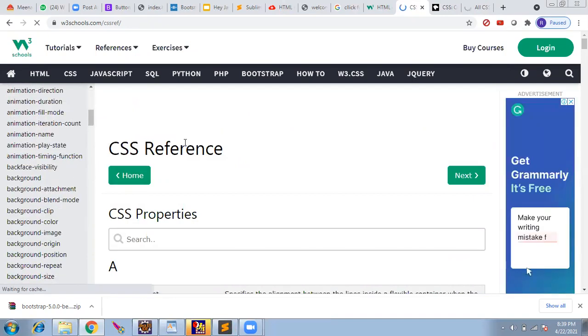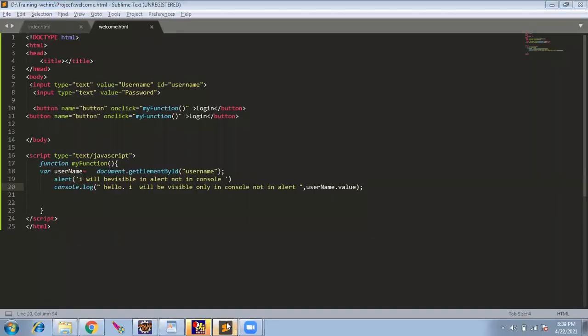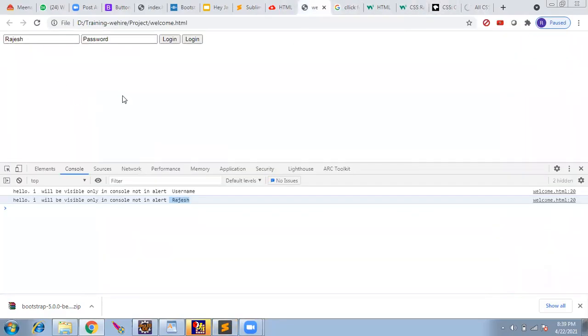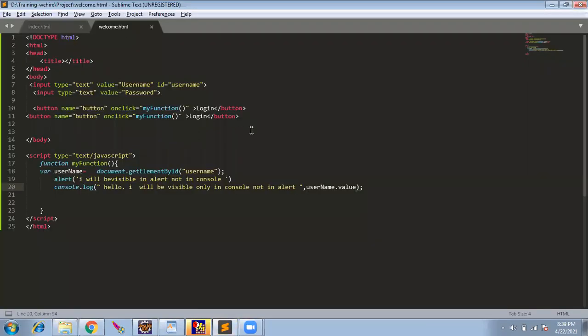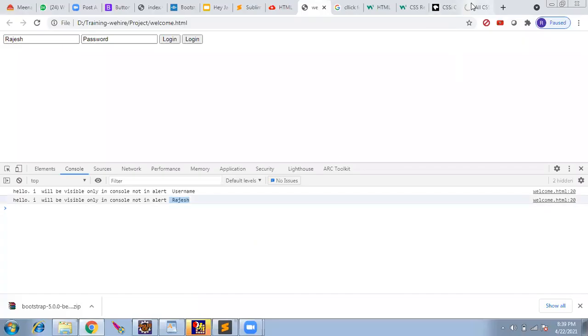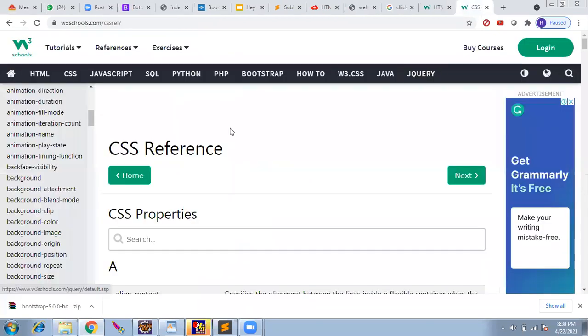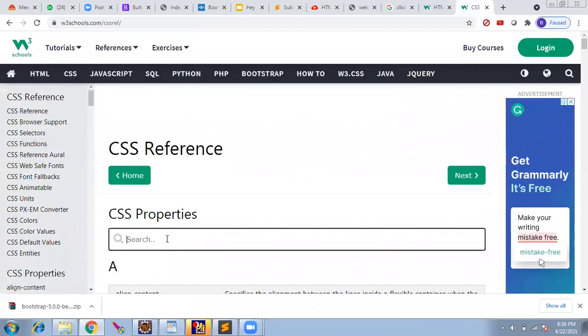I'll first make this page blue color. It is actually boring to see a white color page. I'll make the entire page blue color. For that, let's go to the documentation and search. What is a common terminology? It is background color, correct? I want to change the background color.